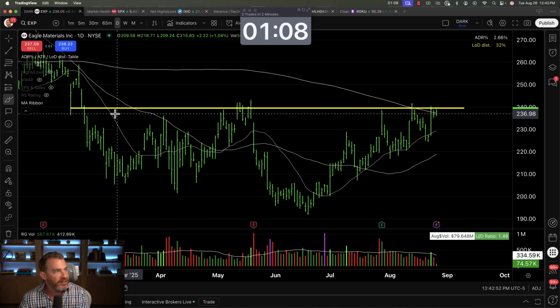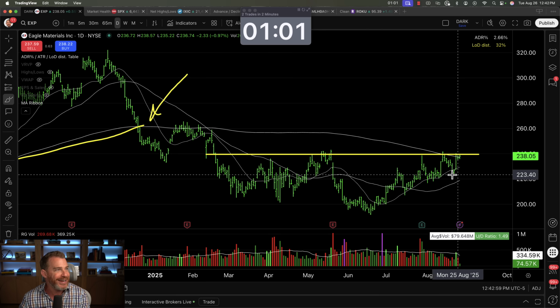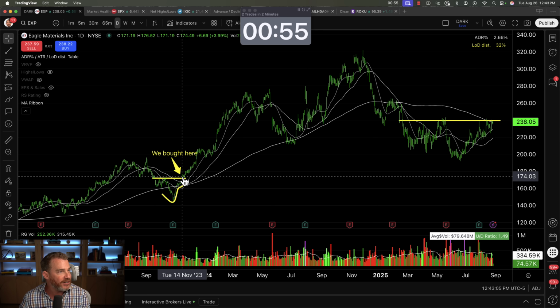We've got a nice consolidation pattern. We got resistance around here. I'm a buyer of this stock above $240 a share. I think you only need to risk about 8 to 10%. And we caught a breakout on this stock last year with our members right back in here, and it was